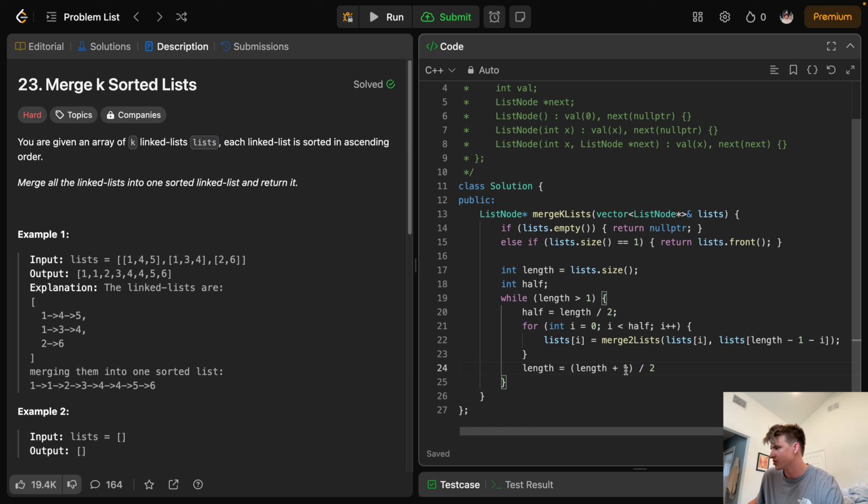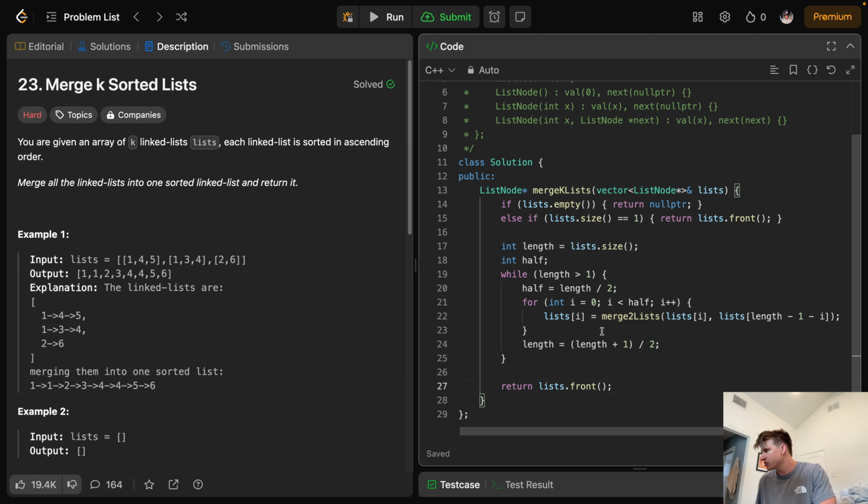So to fix that, we'll just add 1. If it was like 9, we would get 10 divided by 2, and that would be 5. So that'll fix that. And then at the end of all of this, we can just return that list that's at the front of the list vector. So we can say list.front. That's pretty much it for